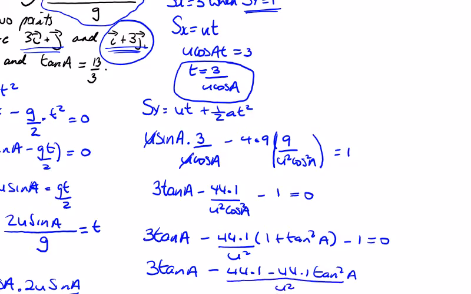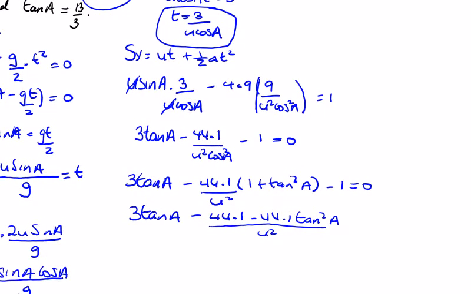We're going to simplify for u squared here because we can get u squared in both equations now and let them equate, and then minus 1 equals 0. So 3 tan alpha minus 1, we leave them on the left. 3 tan alpha minus 1